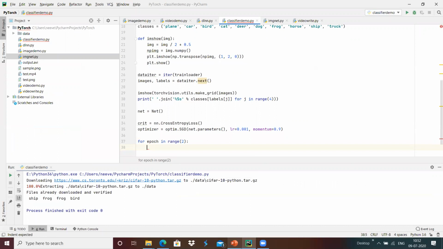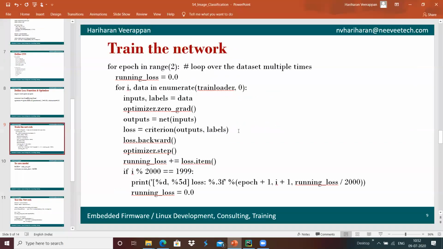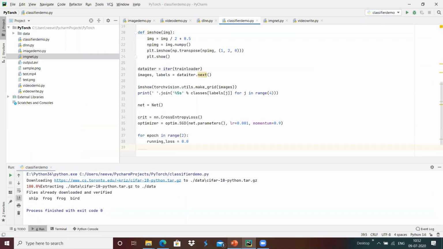This training loop will run 2 times, and I define the running loss as 0.0 as the initial value. Then I enumerate the complete data: for i, data in enumerate of train loader, starting at 0.